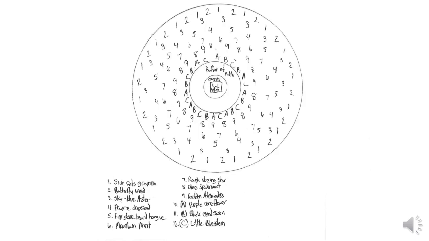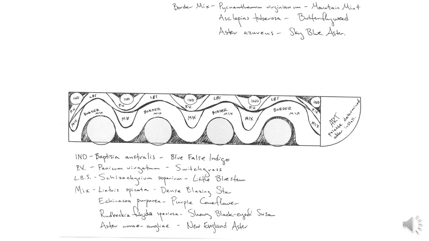Here's a more complicated example. This is actually a real world example of a design I used for one of my planting projects. It might look a little crazy, but if you take it one step at a time, this is actually very easy to lay out and implement. And you'll see that I have all of my shortest species towards the outside of the ring of plants and all the tallest species towards the inside. So ideally all of our plants would be visible from outside of this ring. Here's another,